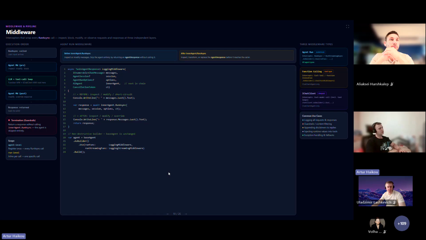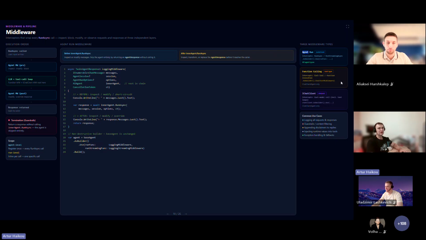What you can do more, how you can extend or inject some specific logic inside of the request pipeline. And here we can utilize the middleware approach. We need to understand that you are able to create middleware on 3 different layers. The first layer is the agent layer.